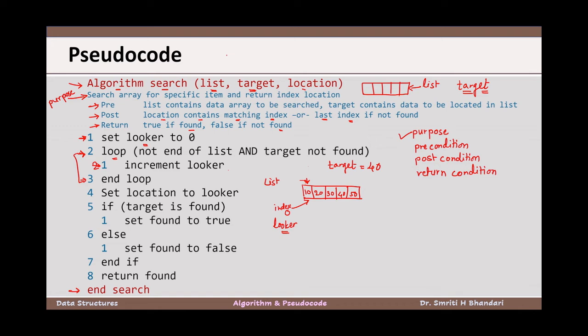So increment the looker. Target is not yet found and we have not yet reached the end of the list, and that is why we need to go to the next location. So increment the looker. Now here once again the conditions are being checked. Not end of list, true. Target not found, true. So increment